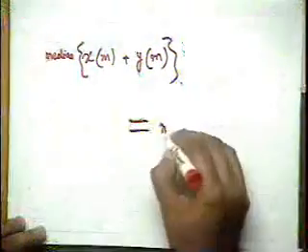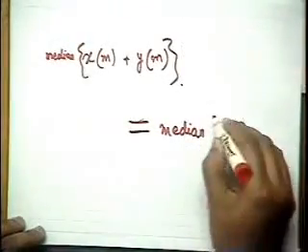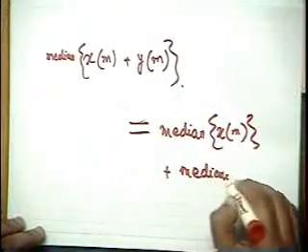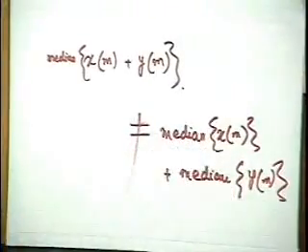It is not. So this is a non-linear operation. All right. So we are going to consider the median filter properties and the other type